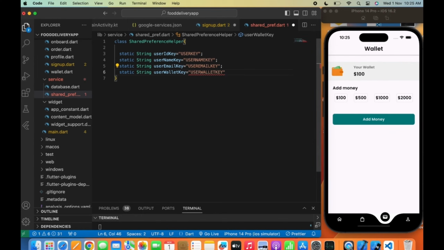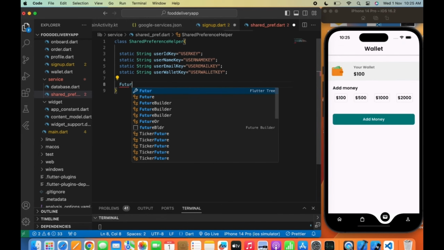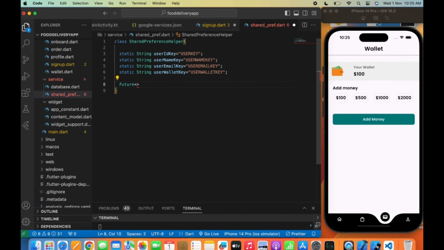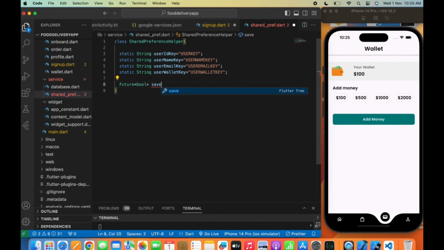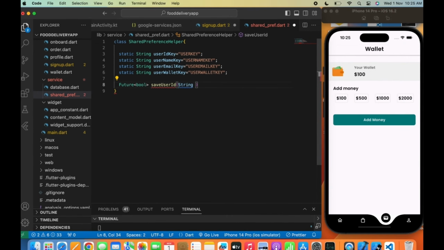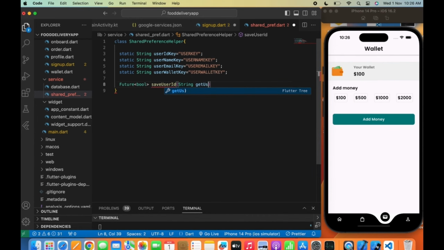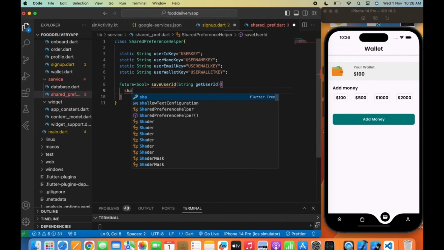Now we have assigned all the strings here for ID, name, email and wallet. Now let's move on and create a function named saveUserID, where we'll save the user ID using a shared preference method, and in the string we'll pass the user ID using a getUserID string, and we'll write SharedPreferences pref equals to await